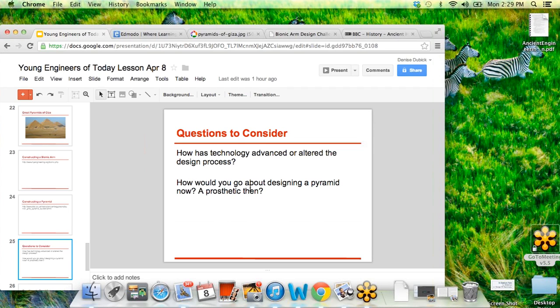Come on, guys. How would you design a pyramid now? Any other thoughts? Elizabeth says Legos. You know what? Legos are great for many things. And since we only have 1 minute, I am going to come back to this on Wednesday. I really want you guys to think about it. How would the design be different now? That's something to really think about.